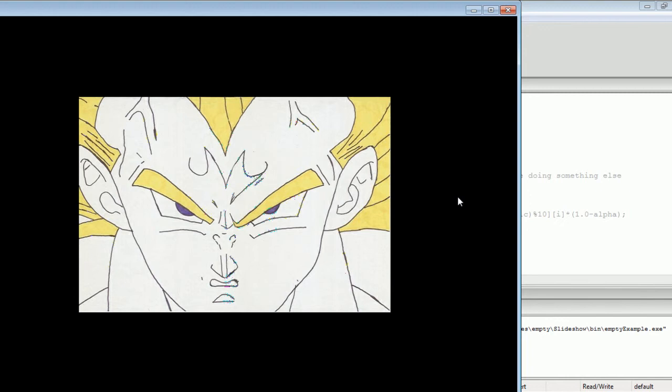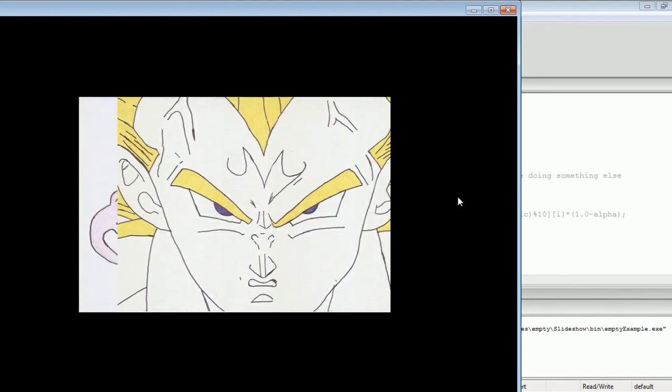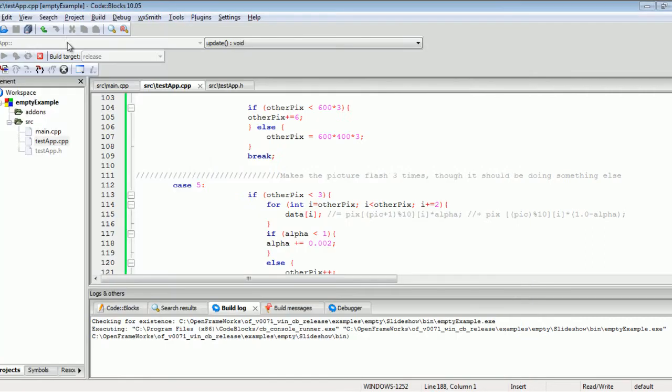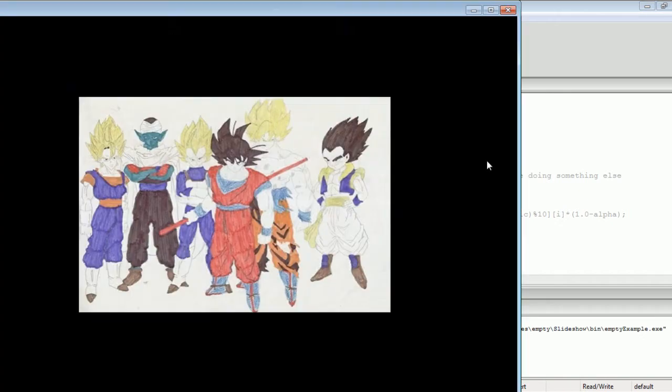Let's see if it shows the whole scene right now. Come on, what the heck? I'm just going to keep trying, and then if it works,